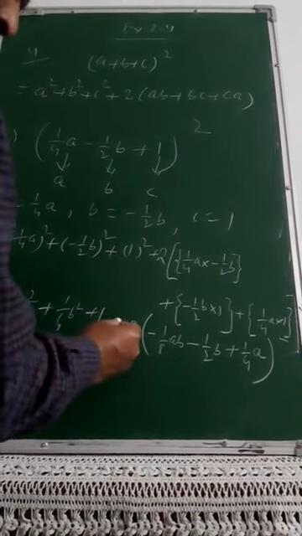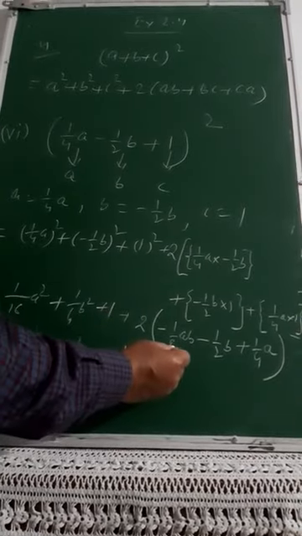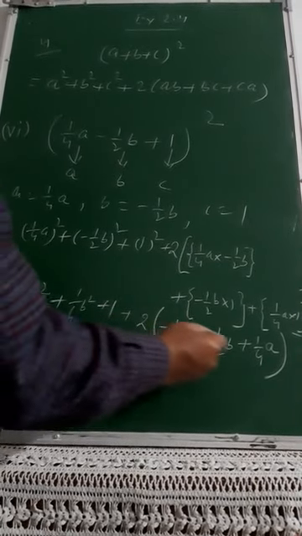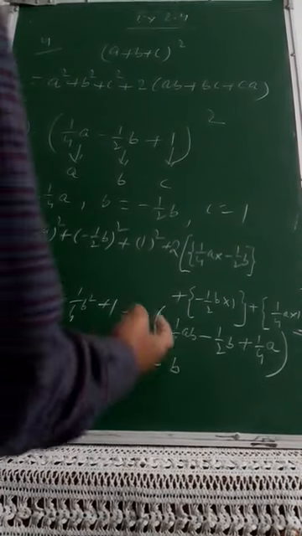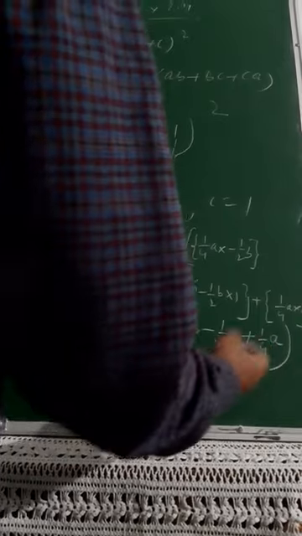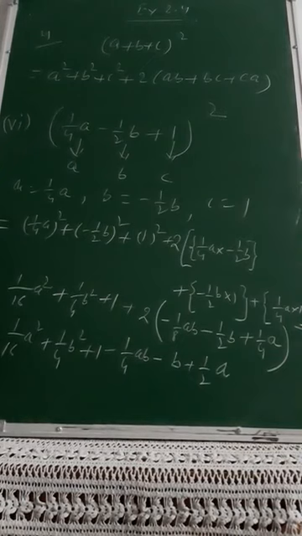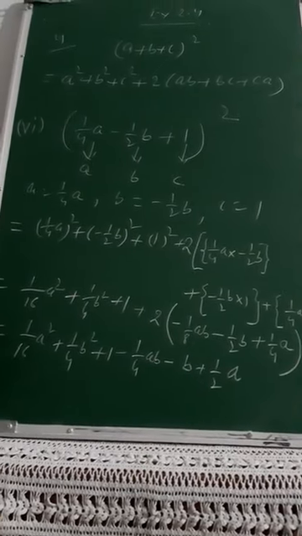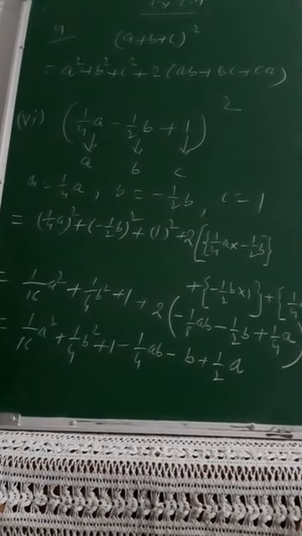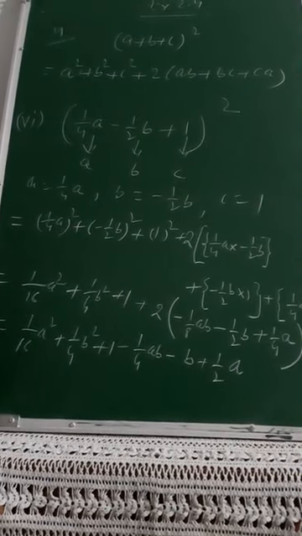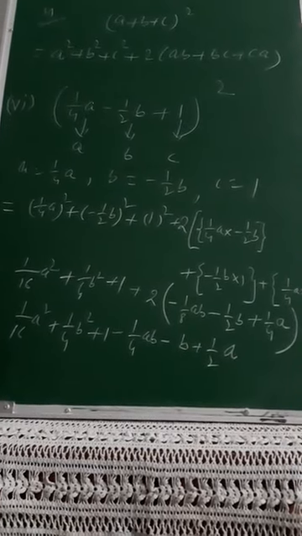Now you see, when you multiply it by 2, you will be left with minus 1 by 4 AB, because you have to cancel 2 4s are. 2 will go off with 2 when you multiply this, plus into minus is minus, and you will be left with only minus B. And when you multiply this with this, 2 2s are 4, you will simply be left with 1 by 2A, and you can just leave your answer here only. So I hope that is clear to all of you. 1 by 16A square plus B square upon 4 plus 1 minus AB upon 4 minus B plus A upon 2 finally will be the answer for this part.